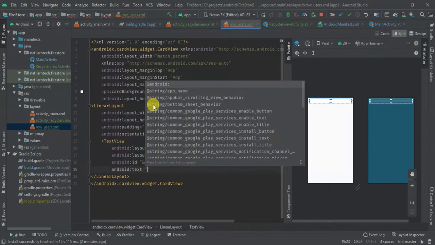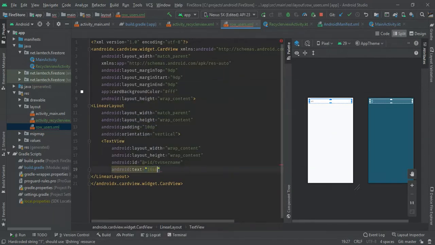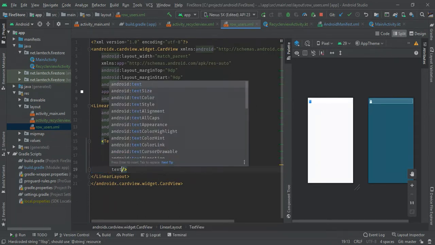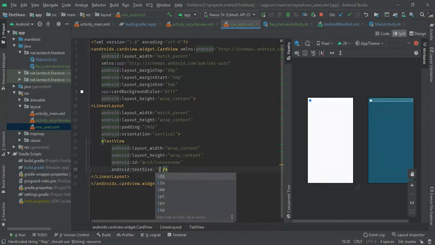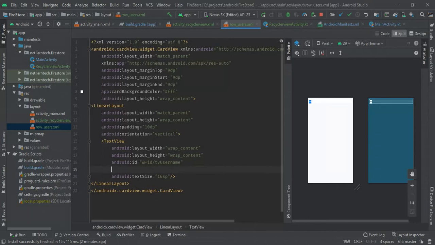Text size, I'm going to give it 16. The text, I'm going to say username. This is for placeholder purposes, and then I'm going to copy this one,